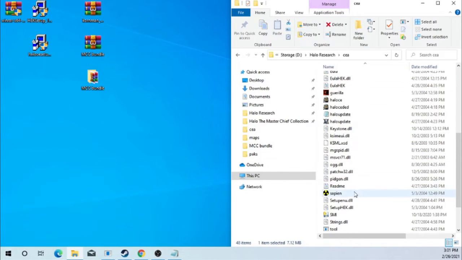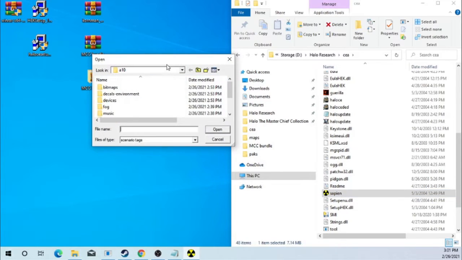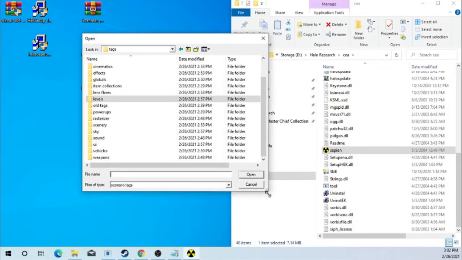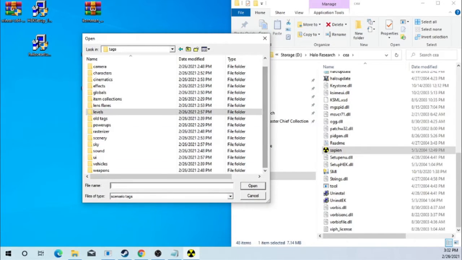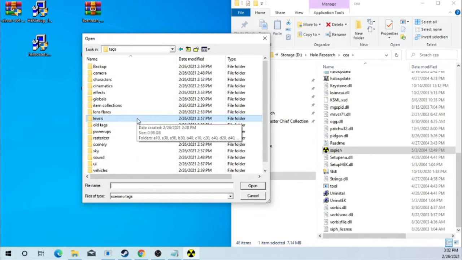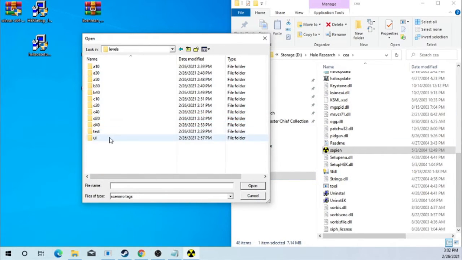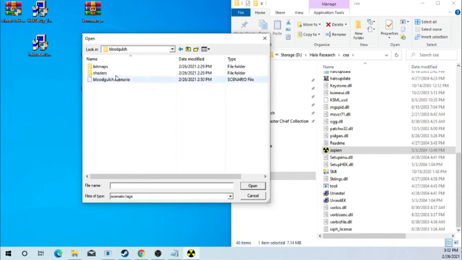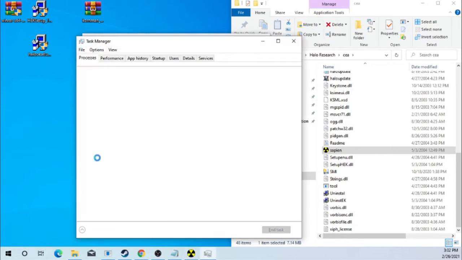Now, Ahobo and Sapien do the same thing. Ahobo is a modded version of Sapien. I'm going to use Sapien to test to make sure that everything extracted correctly. To do this, we need to go over how to set the affinity like I was talking about earlier, so, set the CPU cores. Inside of our tags directory, when Sapien opens, we're going to go into levels, test, and these are the multiplayer levels inside of test, Blood Gulch. Before I double click bloodgulch.scenario, I'm going to press Control-Shift-Escape,